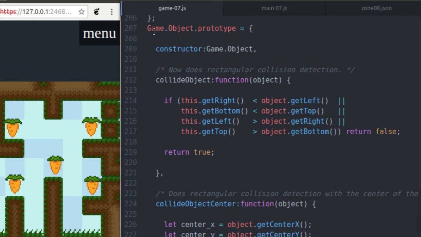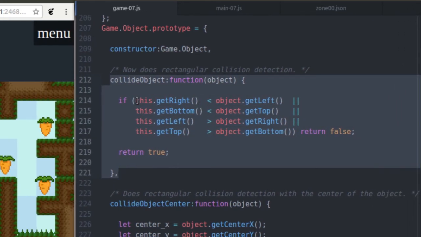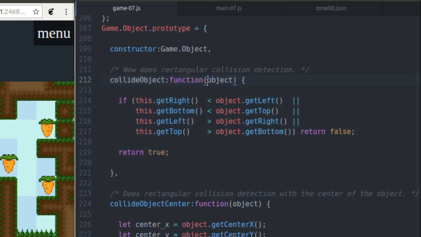So here's the game.object.prototype. That's just the prototype for our game.object class, and we have collide object. And what collide object does is it just tests for square collision detection between 2 rectangular objects. So this object is going to collide with the parameter object that I hand in. So basically I'll be able to hand in 2 objects and determine whether or not their hitboxes are overlapping. So just wanted to show you this function, and now you'll kind of know where the collision detection function is